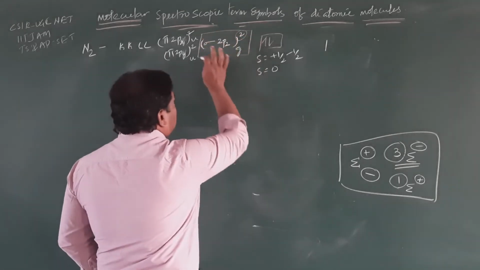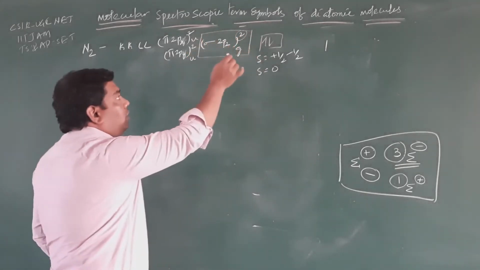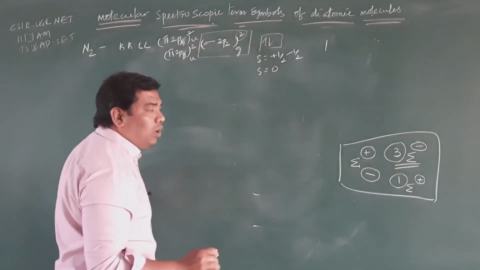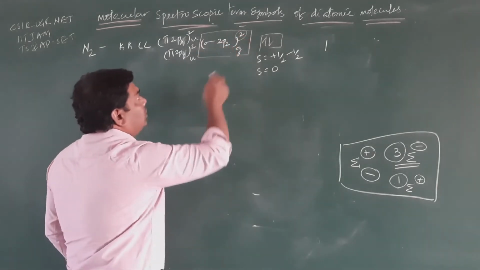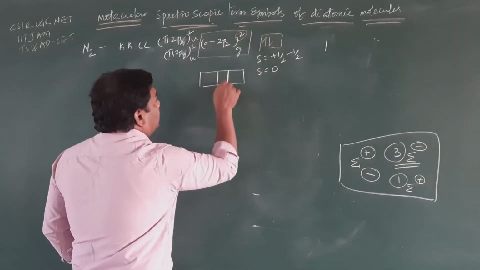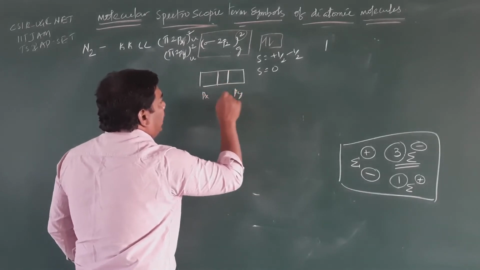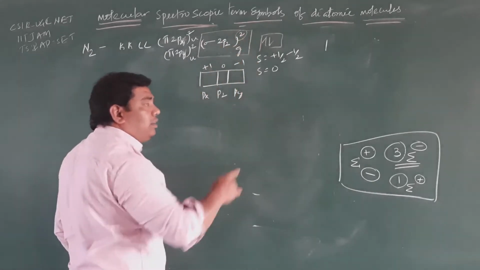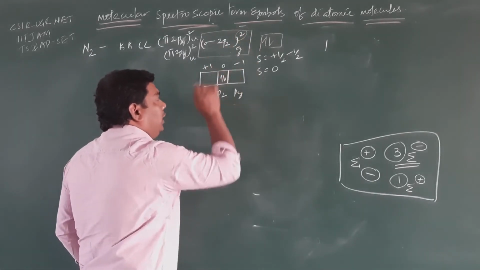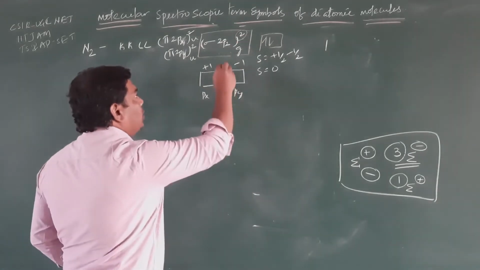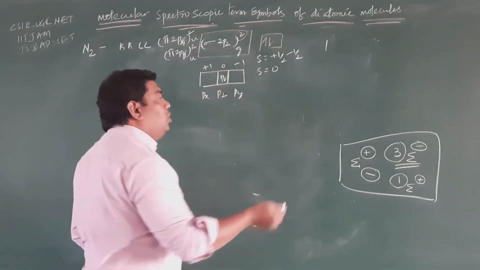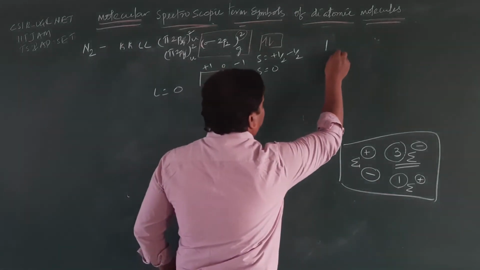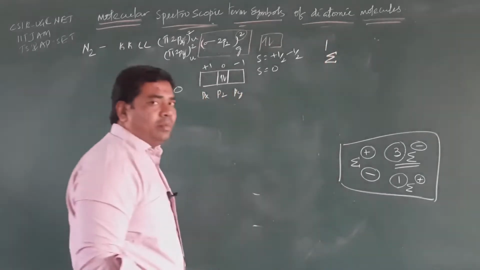Right. Here we will focus only on the outer orbital configuration, that is, the electrons in the last orbital. Here we will take px, py, and this is pz, student. So plus 1, 0, minus 1. Here only the electrons which are present in this orbital count, so it means 0 plus 0, that is equal to 0. So L is equal to 0. An L value of 0 represents sigma.